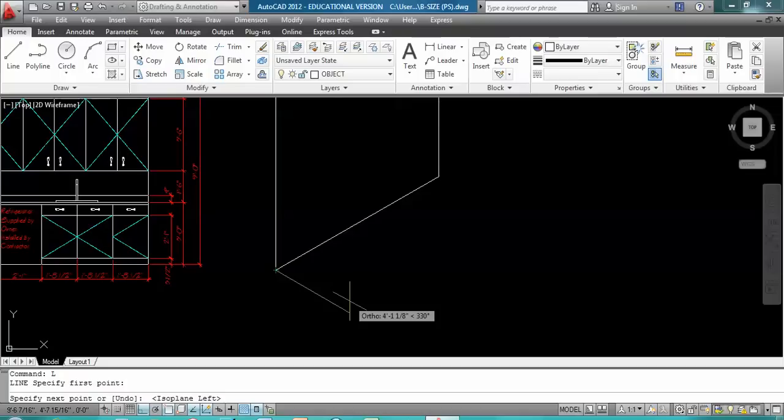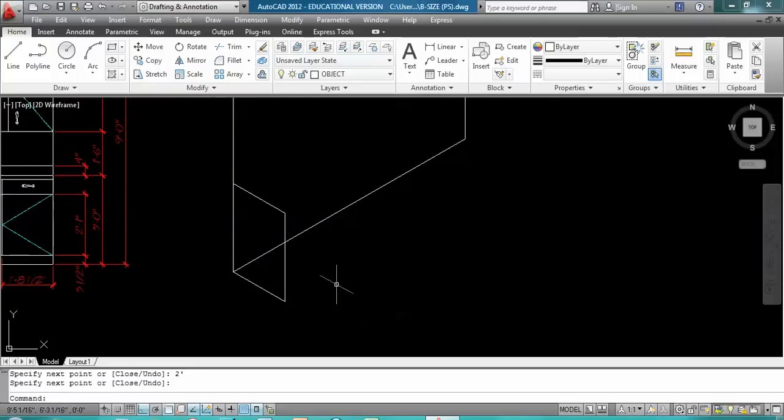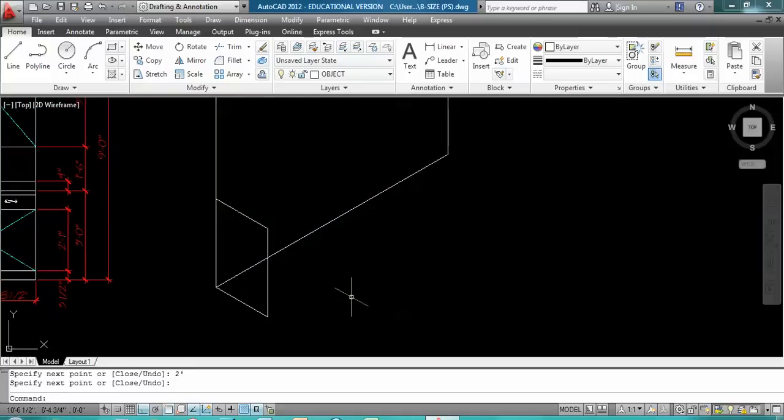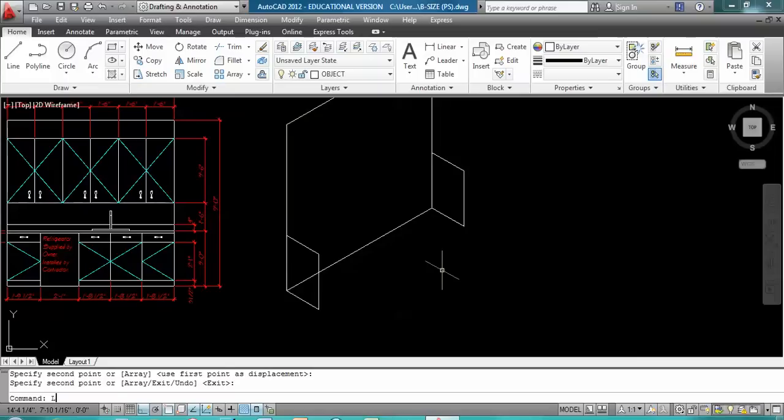2 feet. And we go up 3 feet and 2 feet. Then we can copy this part from here to here and draw a few lines from here to here,